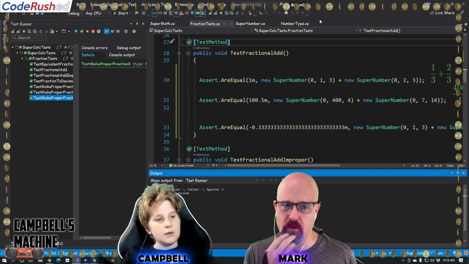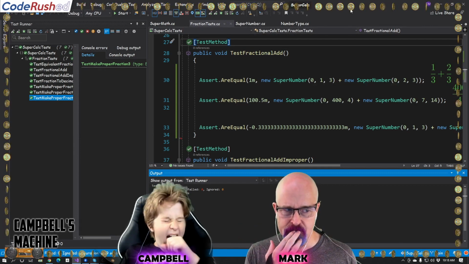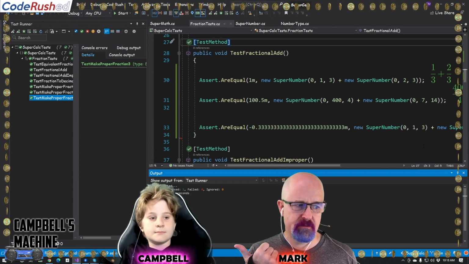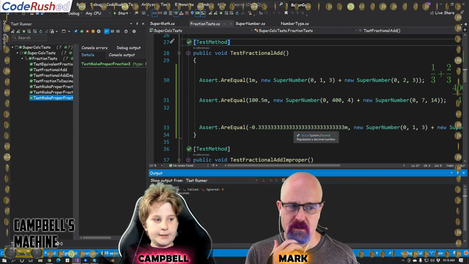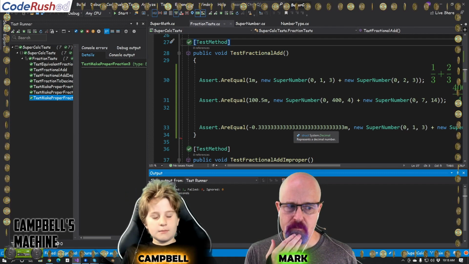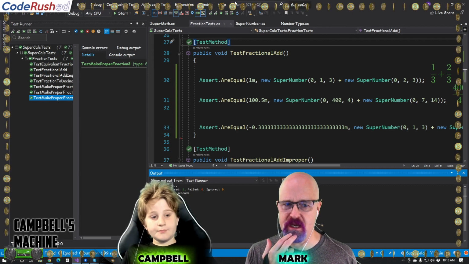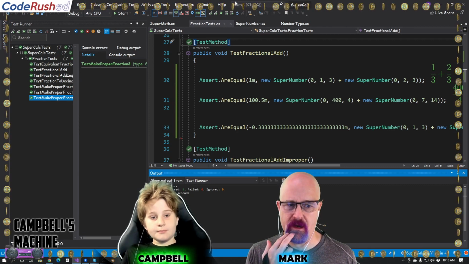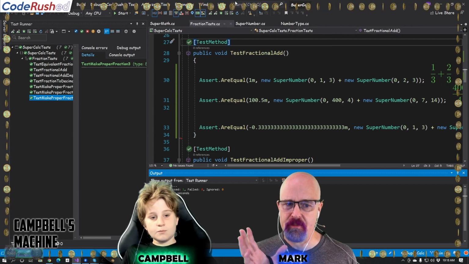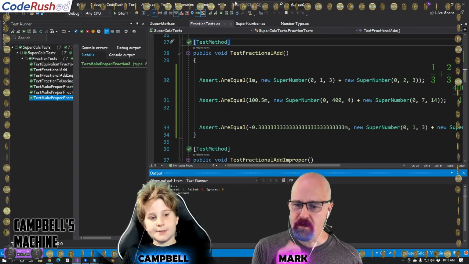So that's what we worked on last time. We still don't have a UI for bringing this stuff in yet. We support addition, but we don't support anything else besides comparison. We have the ability to see if two numbers are the same, are they equal or not, and we did an operator double equals overload. So one of the things that's kind of cool,